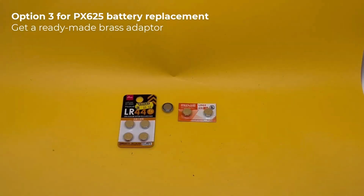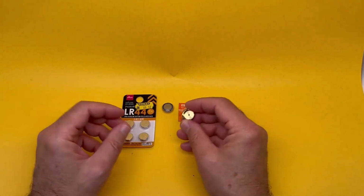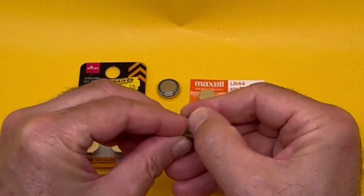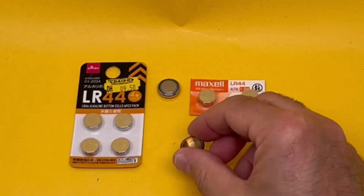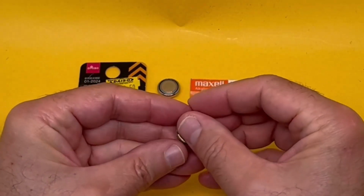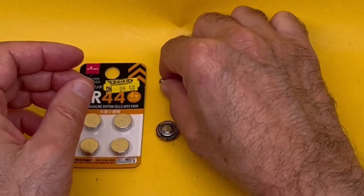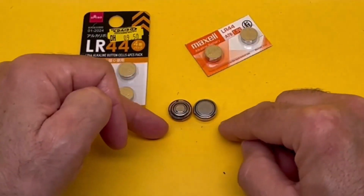Option 3, get a ready-made adapter. People, of course, have thought of this problem, and they've made these very cheap brass adapters. You can get those by the dozen, very, very cheap. And drop one of these LR44s, that's one, like this. And it becomes exactly the right size. If I just put this next to that, it's exactly the right size,